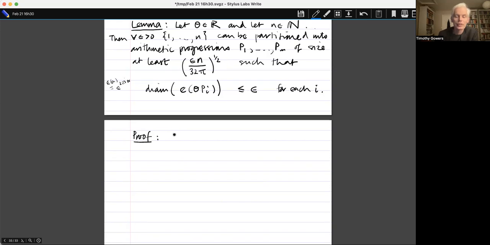So how do we prove it? So let t be a positive integer to be chosen later. So we'll do some optimization towards the end. Then by the pigeonhole principle,